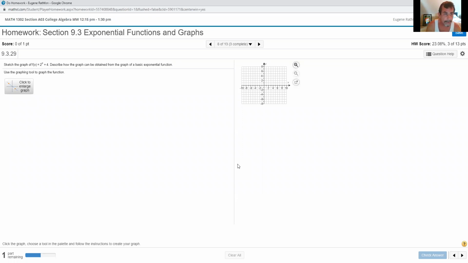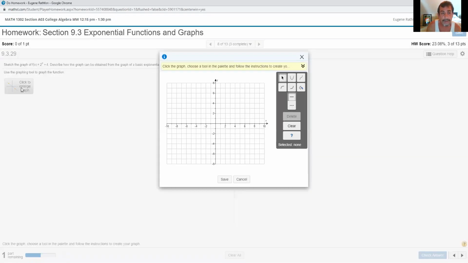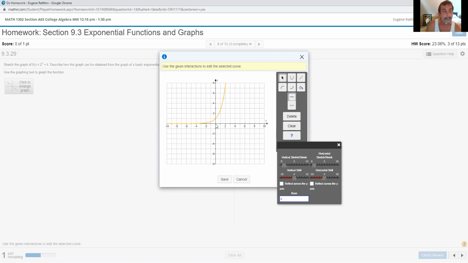All right, sort of slow pulling up here. All right, it wants me to graph 2 to the x plus 4. So I'm going to click to enlarge my graph. So remember, we're going to use the exponential graph and just stick it in the middle. And I always just click it into the middle because it moves it around how it wants. So remember, my base is a 2 on this, and so I'm going to backspace that and put my 2